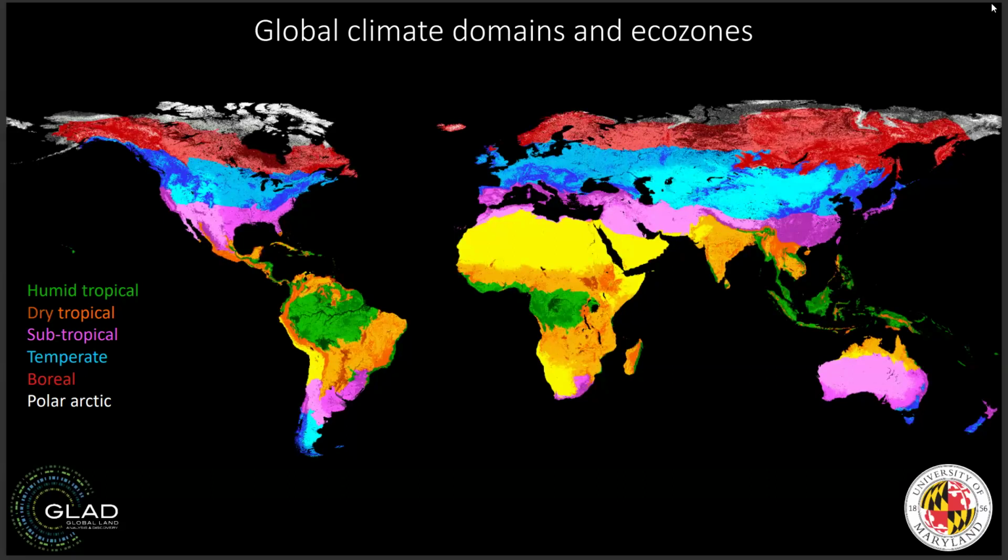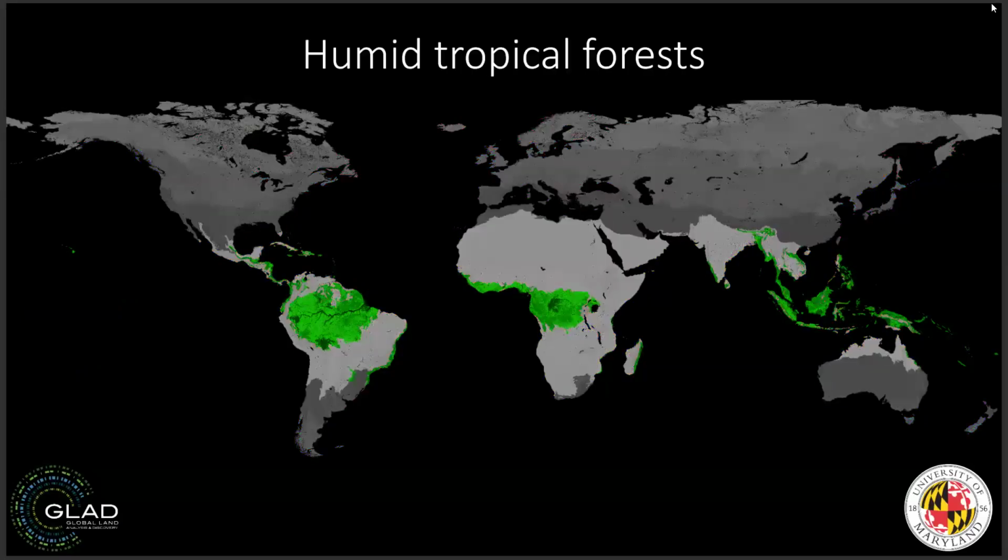Mapping and monitoring forests and the drivers of deforestation. We rely on the free and open imagery of NASA, USGS, ESA. That pretty much prescribes what data are available to us, because we want to map the planet, we want to map it with a certain cadence, and there's just a subset of provisioning services that meet that standard. And with Global Forest Watch, we've been producing these global data sets.